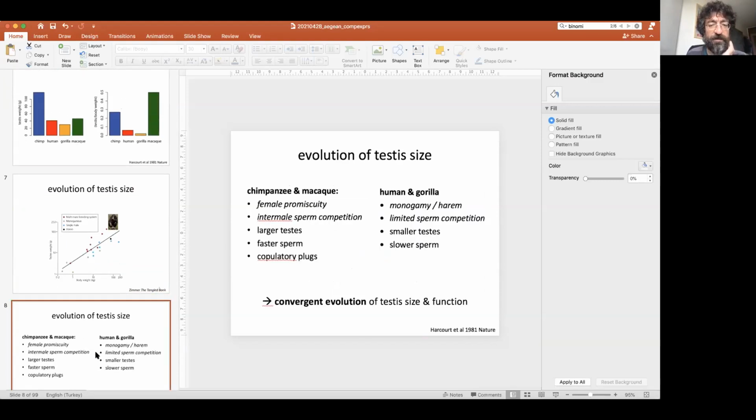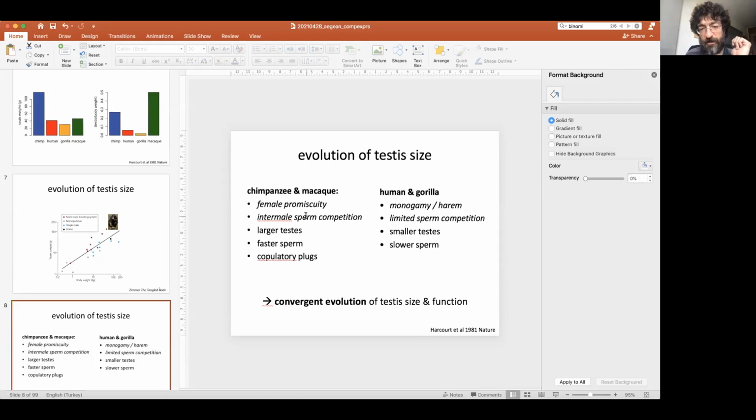And indeed, as I mentioned, species like chimp and macaque are known for high female promiscuity. Given female promiscuity, that creates space for competition among males, sperm competition among males.